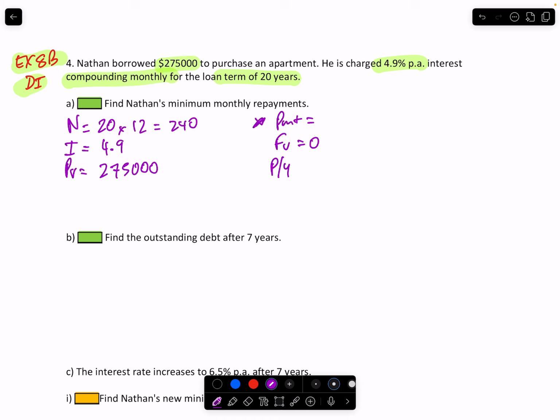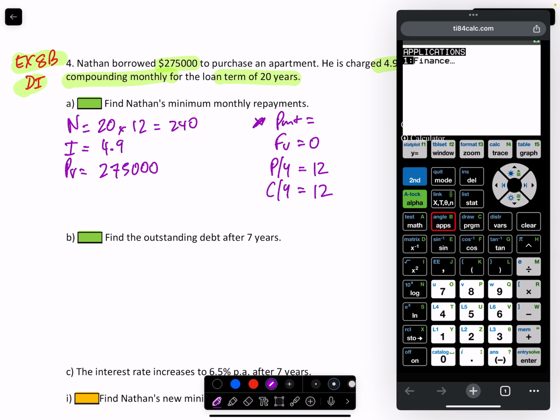PY is going to be monthly, so 12. And CY is also monthly, 12. Apps, finance, TVM solver, 20 times 12, 240, 4.9, 275 grand, owe nothing, 12 and 12, alpha, enter,